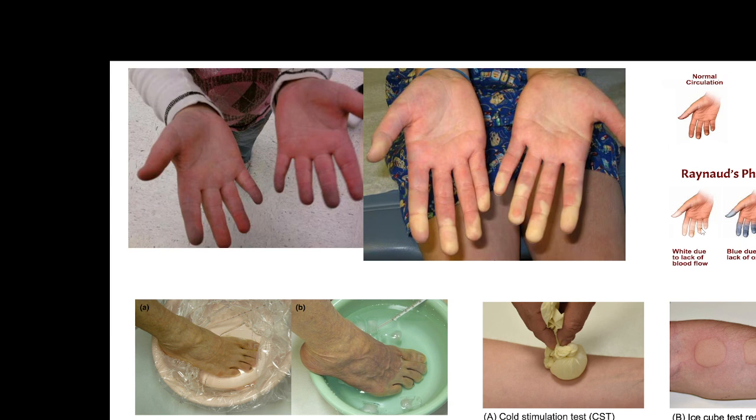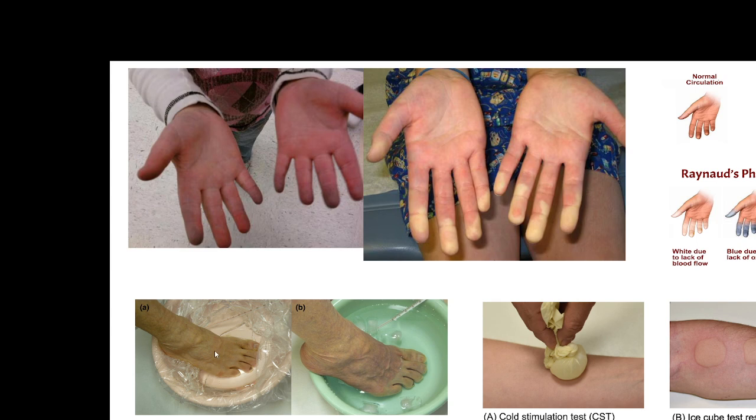Color may change during the course as such. Initially it could be pallor, then cyanosis, and then hyperemia, or the changes could occur the other way. In some of the patients in such conditions, one of the methods of identifying a latent phenomenon would be the cold stimulation test, where the patient's limb is kept in cold water, or it's even as in